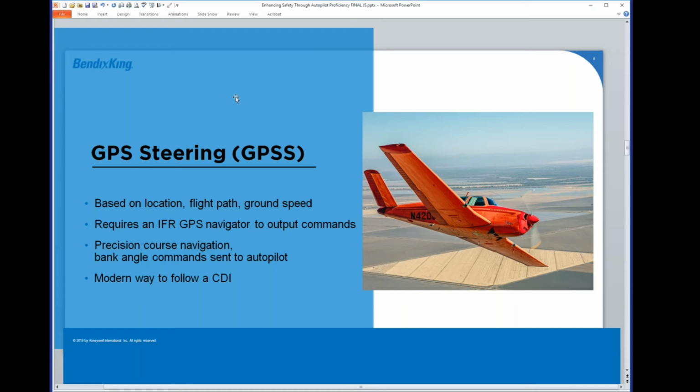However, the GPSs, even before WAAS came out, and absolutely when WAAS became widespread, have the ability of doing something much more powerful. For the super techies on the phone right now, there's ARINC 429, which is a digital communication protocol, with a very specific data label in there, 121, that said out of a GPS, not just here is the course and here's how you are deviating from it, but here is the exact bank angle we need the aircraft to fly to maintain the course now and the course that we are